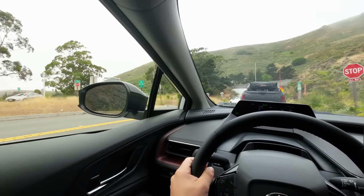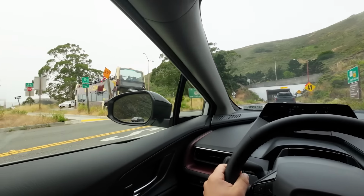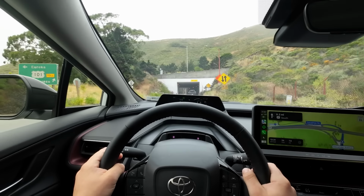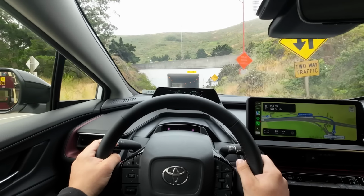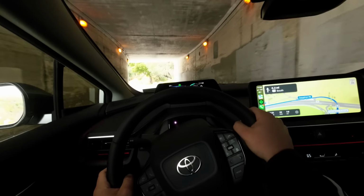It's basically just here to apply the brakes for you in case you don't, and it's just here to prevent a collision. I think that, and this isn't just a problem with 3.0, I've noticed this with 2.5 and 2.5 Plus, so this isn't a problem that's really just about the Prius. It's about this whole Toyota Safety Sense pre-collision system thing. It's a little bit too sensitive on narrow streets. So there have been times in the last 2-3 days when I've just been driving around the Prius Prime on